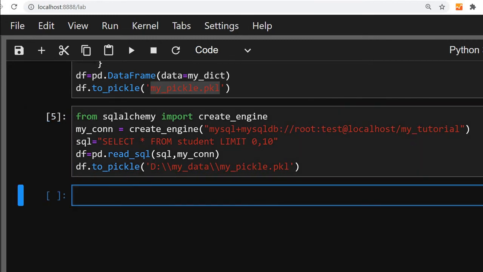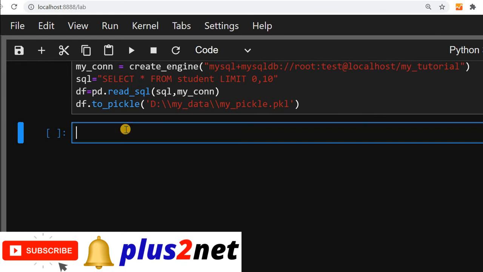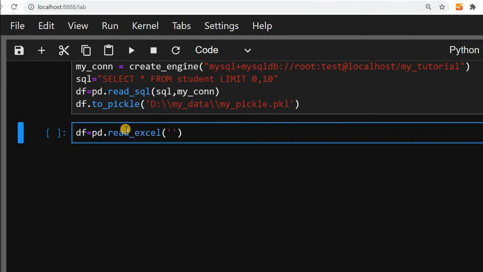Now let's read from an Excel file and create a pickle file. We'll create a data frame by reading with pd.read_excel, and we'll give the path here. It is located at the same place, so I'll give D, my data, and then student.xlsx.